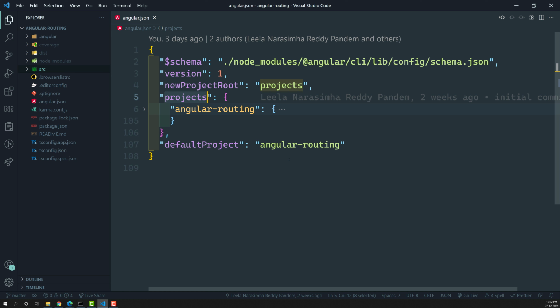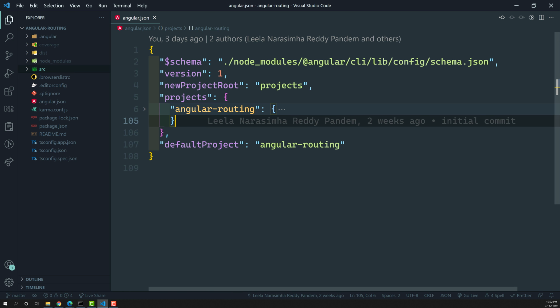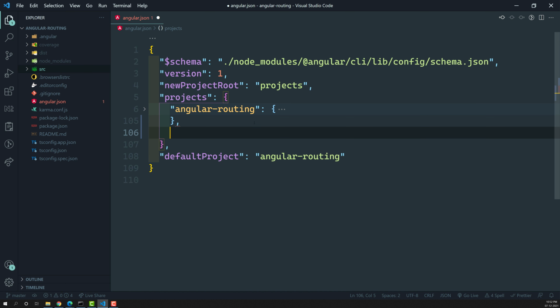That means this is the main project. Now when you run ng build or any command, this default project will be compiled. If you want to create more, we can have multiple projects here. If you look here, after a comma you give the project name, and that project name will have its own configuration. Like this, in the angular.json schema file, you will be able to understand what projects are available in this application.